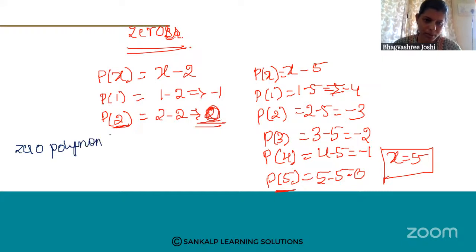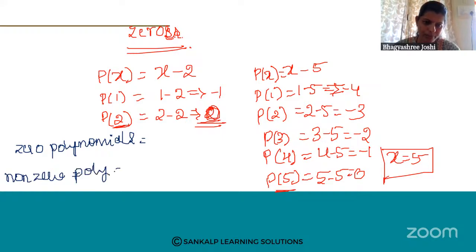So these all are the basic things about polynomials, right? So what do you mean by zero polynomial? Yes, before we start zero polynomial, we will discuss the non-zero polynomial. Yes, non-zero polynomial. This is called a constant polynomial also. Non-zero polynomial means what? See, if I write